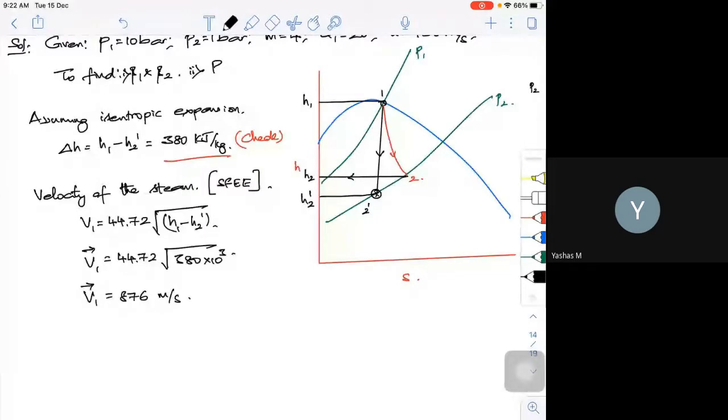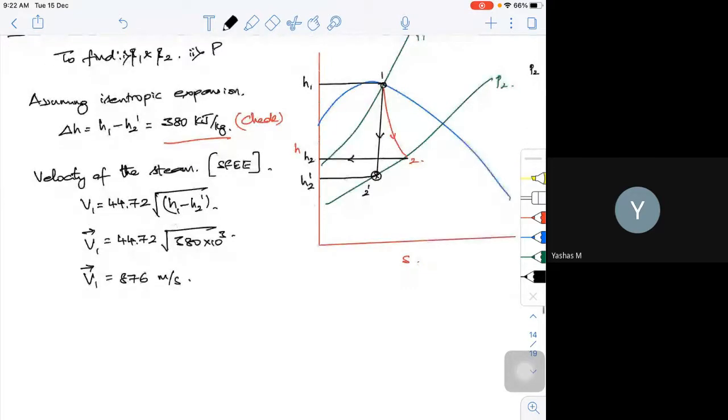See, 380 is what I have got. If you solve this, it may be around 382 or 384 something. So this value should be in and around 380 delta H. Based on your V1 also, it need not be exactly what I have calculated. If you are doing it at home using the steam tables, it should be around 870 to 880. So that should be your number, based on solving from your Mollier chart or using your steam tables. Okay.